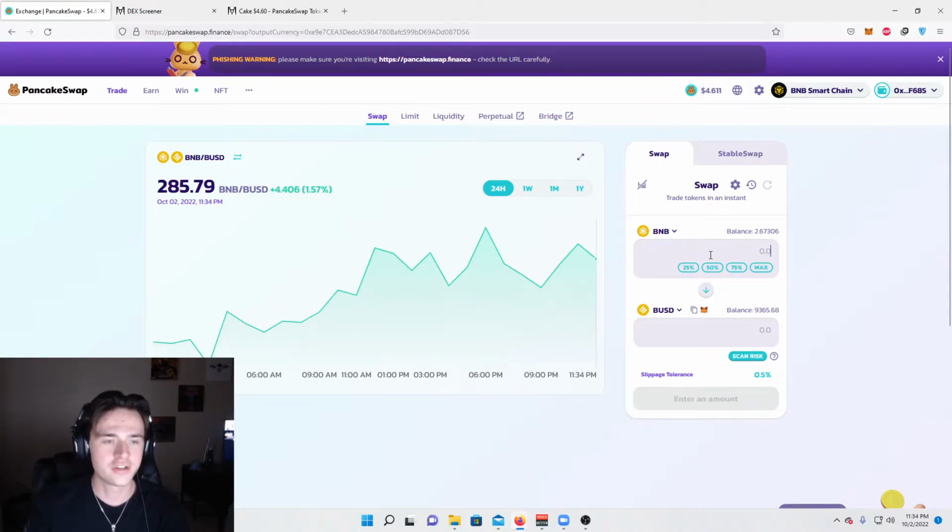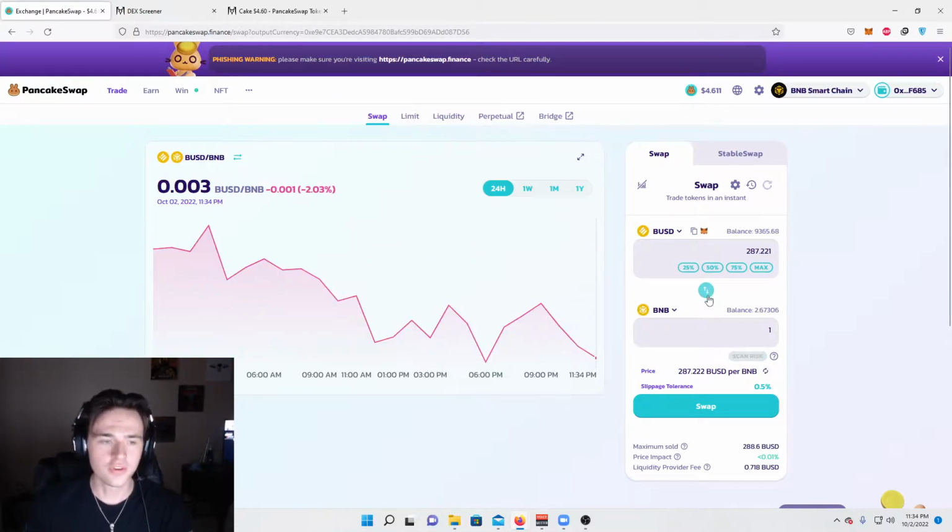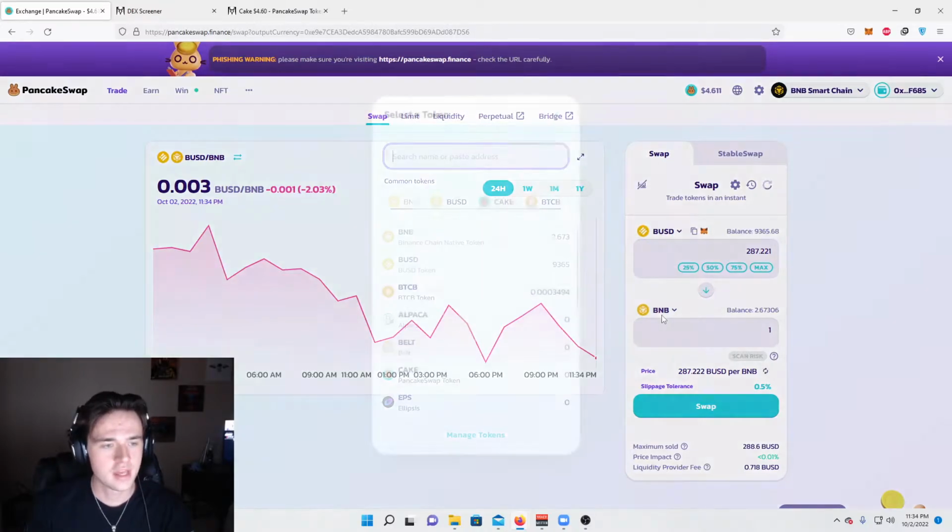So what we're going to go ahead and do is see how much 1 BNB is. We'll type in 1. So what this is telling us is up top, I want to swap out of BNB and into BUSD. So it's saying 1 BNB is $285 or 285 BUSD tokens. Remember, because BUSD is pegged to $1. So let's go in reverse. Let's put BUSD up top and